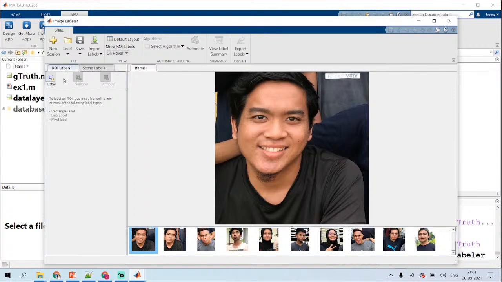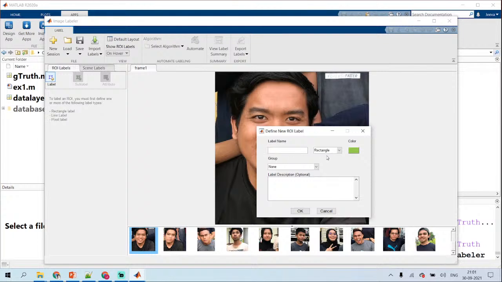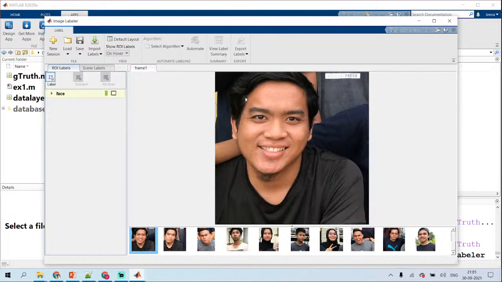So we are going to use ROI labels. And ROI labels, there are 3 types, but I have used only 2, the rectangular and the pixel label. For the rectangular label, you just click, give a name for the label, click OK, and you could choose this one. Whereas the pixel label,